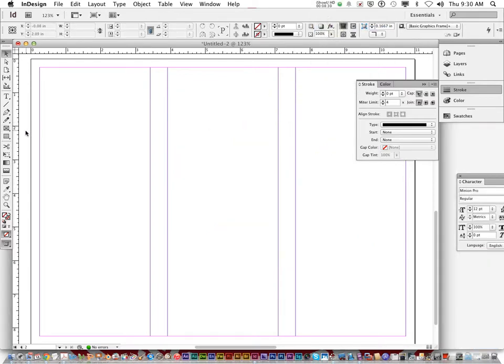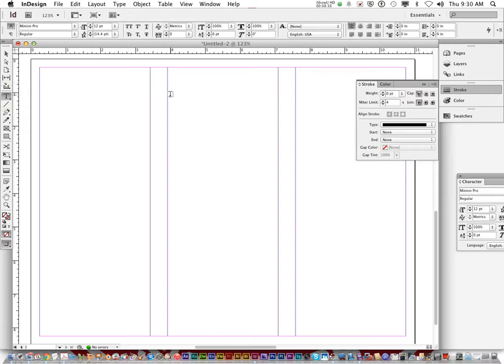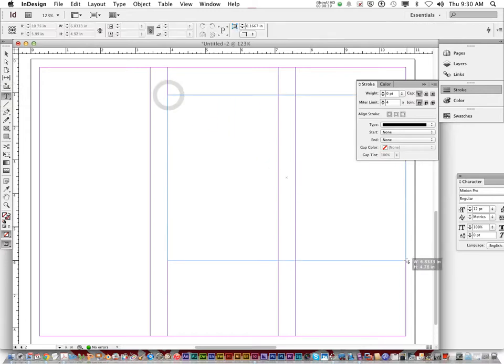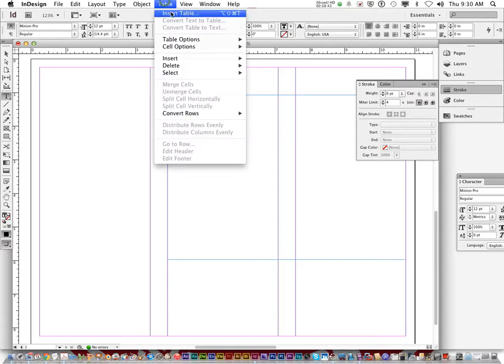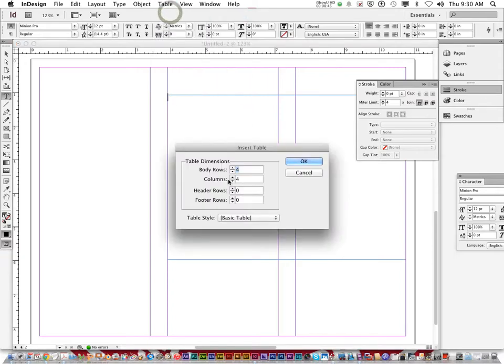Okay, I almost forgot. In order to create a table, you have to click on the type tool, and you got to create a text frame. So we're going to create a text frame here, and then you're going to go Table, Insert Table, and you